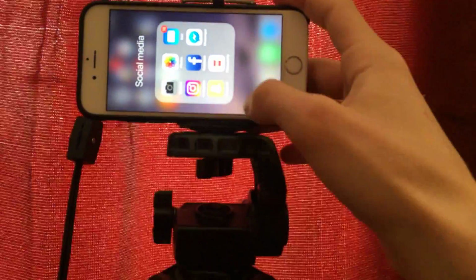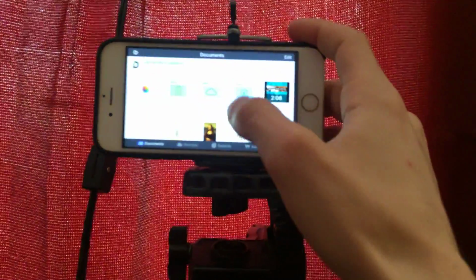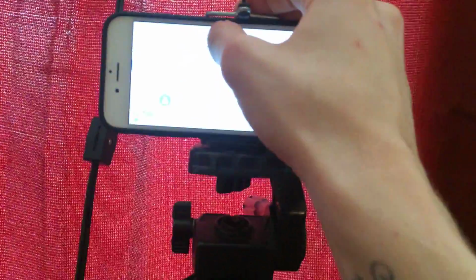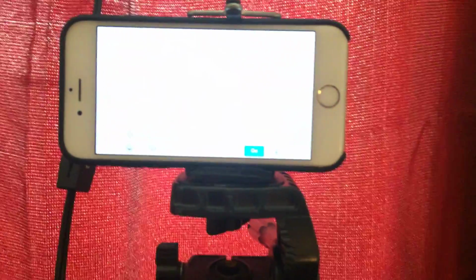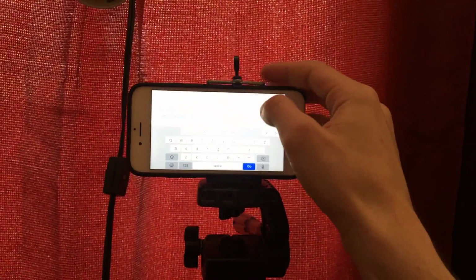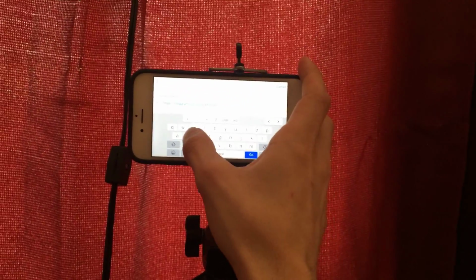Okay. Now, go to Documents. Click on this little thing right there in the corner. It's like the Internet Explorer in Documents. Alright. Go to the top. Come on, focus on that. Alright. So in the search bar,